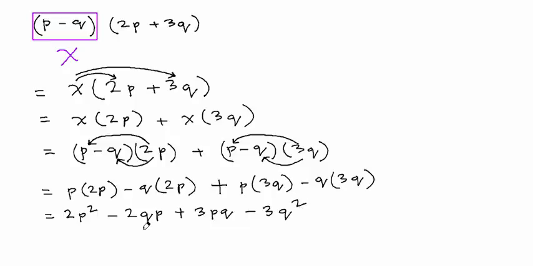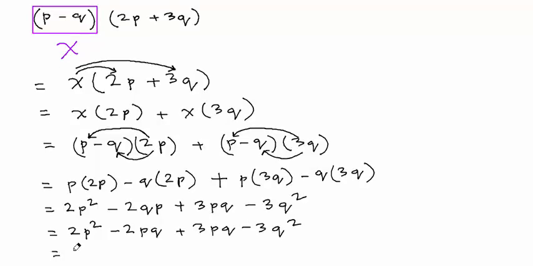3q square. Now if you look at this term and this term, this is qp and this is pq. qp means q times p and pq means p times q. In multiplication it doesn't really matter, so they are pretty much the same. It's called the commutative property of multiplication. Therefore I'm going to go ahead and rearrange those two terms, but not before I've written this down. 2p square minus 2pq, qp is the same as pq, plus 3pq minus 3q square,